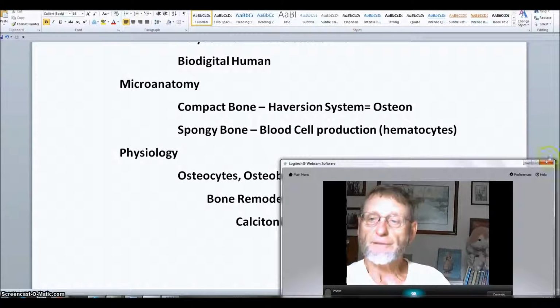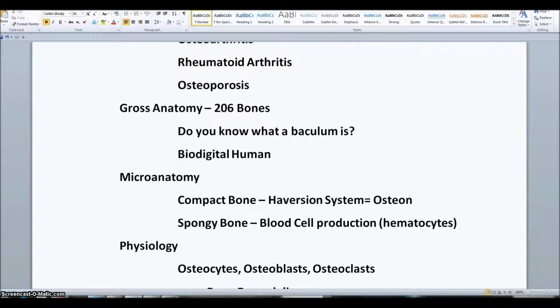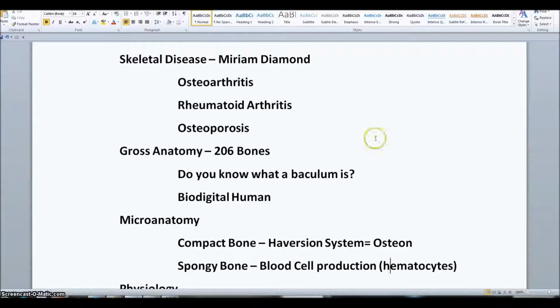Okay, so then another aspect of this is the big part, gross anatomy. There's 206 bones. 207 if you had a baculum. Do you know what a baculum is? Look it up. It's an os penis. Most mammals have a penis bone. Humans don't, but most others do. And sometimes it's somewhat vestigial. Sometimes it's very large and very